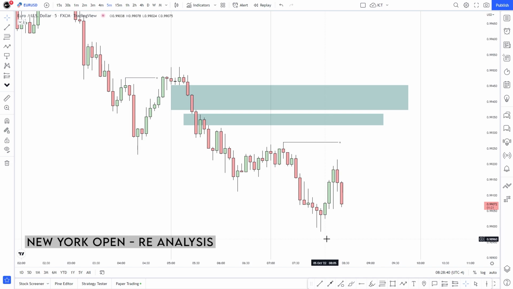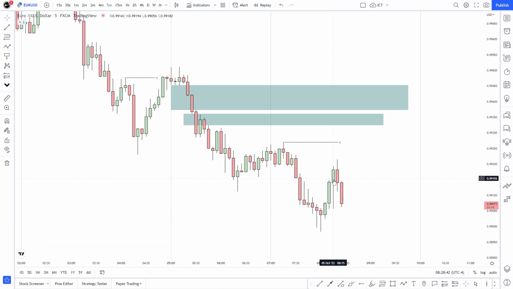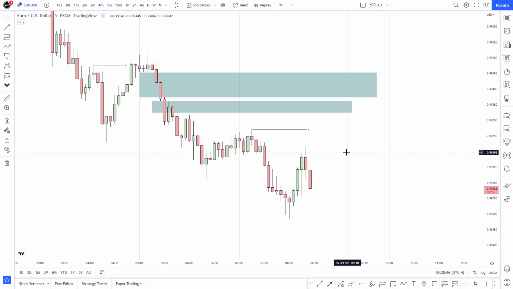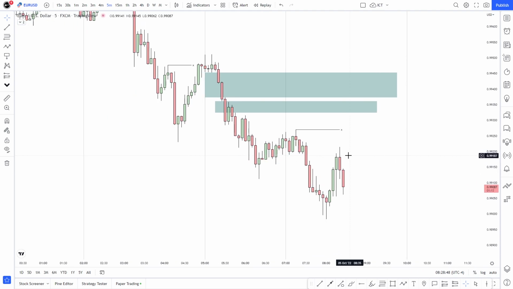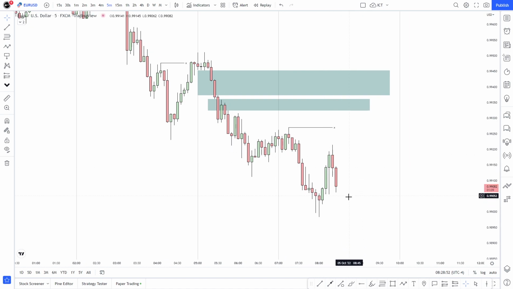So the 8:15 news, which is this candle right here, didn't really do much, which is great because now we can actually trade. And I do like this high being created here because now there's an even closer high to take its buy side liquidity before giving us the rest of the steps. So that could be lovely to see happening. Still have this, which will be the ideal.